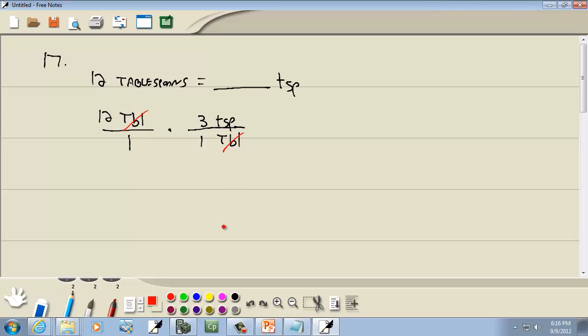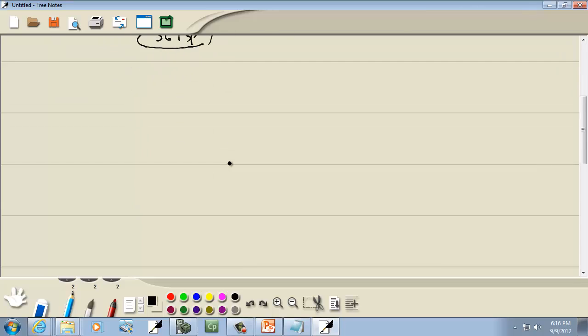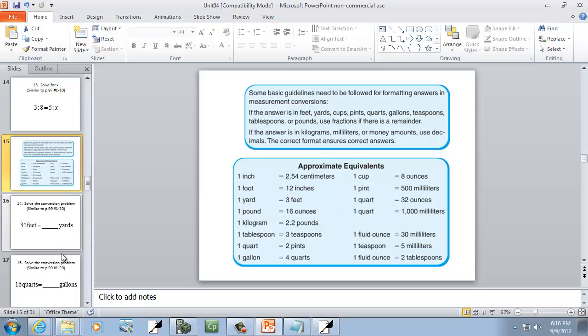Again, tablespoons will cancel here. And 12 times 3 is 36. 1 times 1 is 1. So that gives us 36 teaspoons. Again, I didn't have to sit there and try to think whether to divide by 3 or multiply by 3. Dimensional analysis drives that. Now you do have to memorize these, but